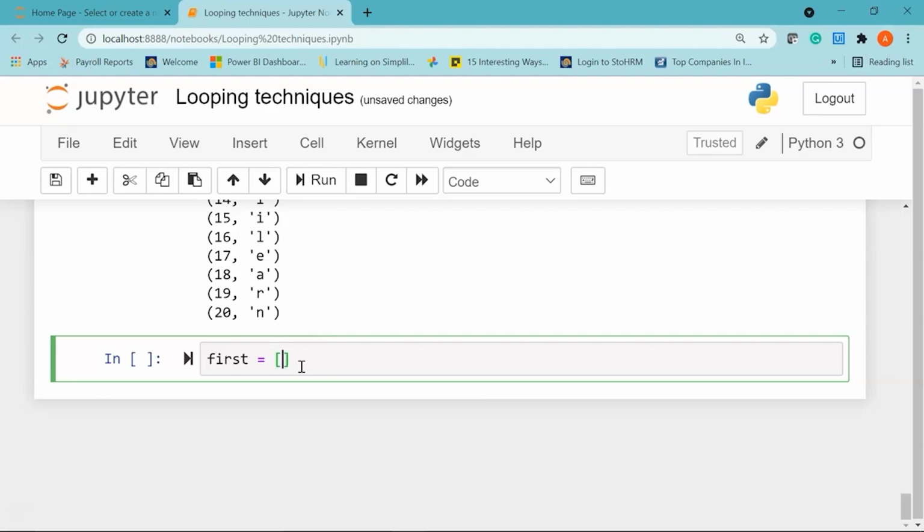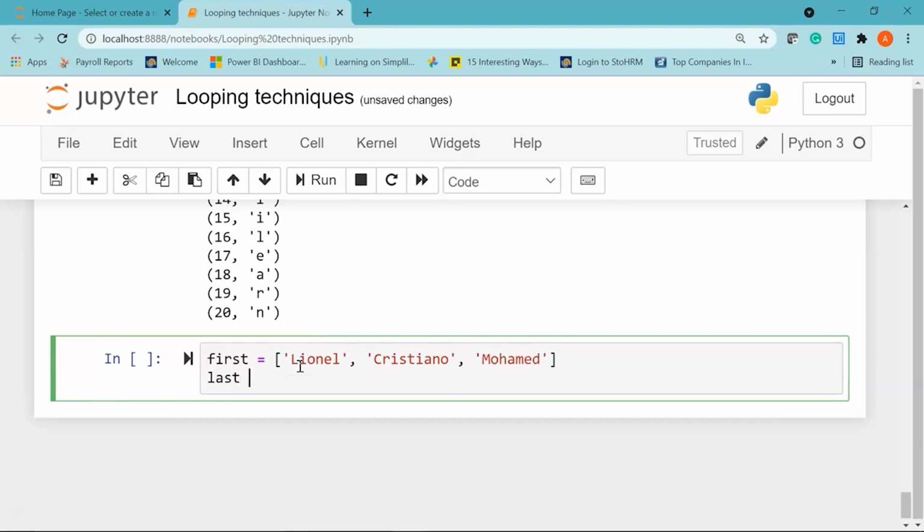Let me show you the first example that will help you understand how the zip function works. So I have a list called first, and I have names of a few football players. We have Lionel, then we have Cristiano, and let's say we have Mohammed.